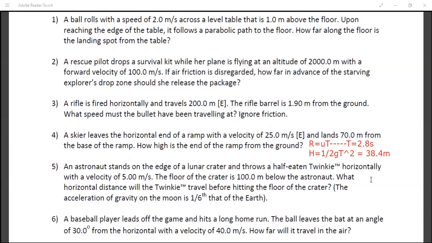Okay, I'll just get back to you, Ryan. So if you vary the value of G, Shravan, with G value as 10, what are you getting? 5 into 2.8 square. So 39.2. So there are two values. If I use G as 9.8, I am getting it as 38.4. And if anyone is using G as 10, the answer will be 39.2 meter.